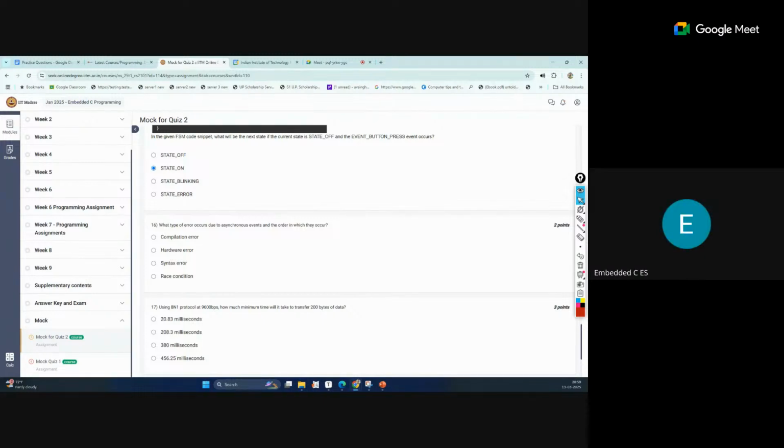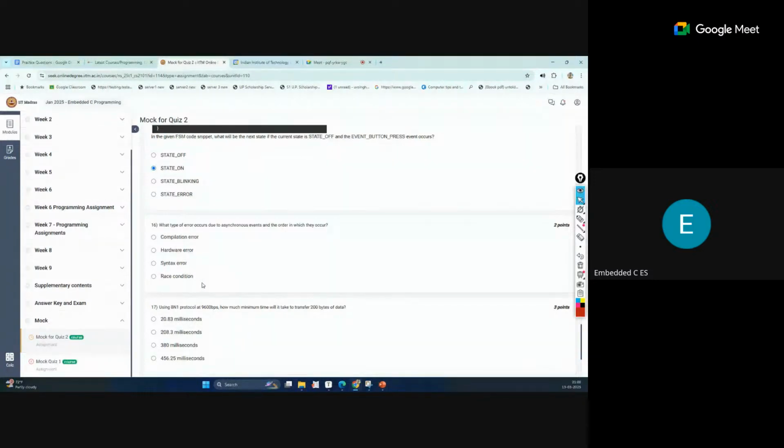So what is the meaning of race condition here? Like I'm pressing a button, and in response to the button, some LED has to turn on. But before that action is fully complete, I'm pressing the button again, giving more input. So one step might get skipped, right? The LED state might get skipped because I pressed too quickly, before the change even became visible or something. Yeah, that is the correct explanation.